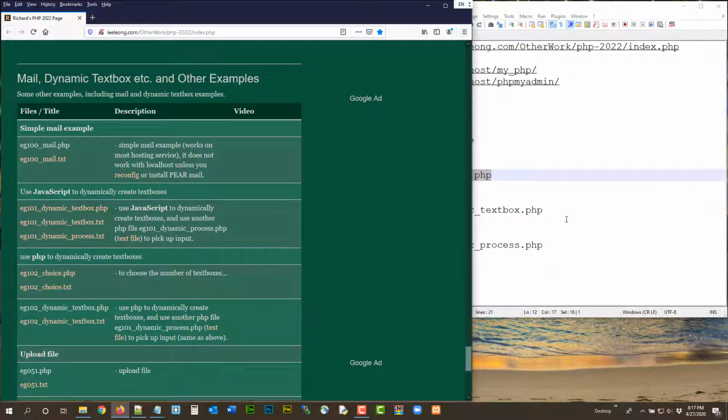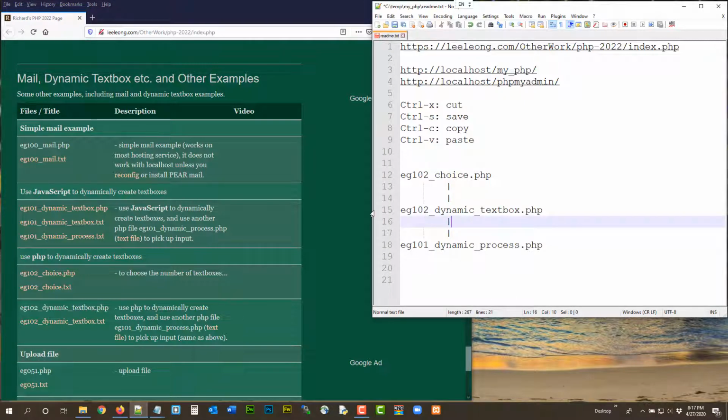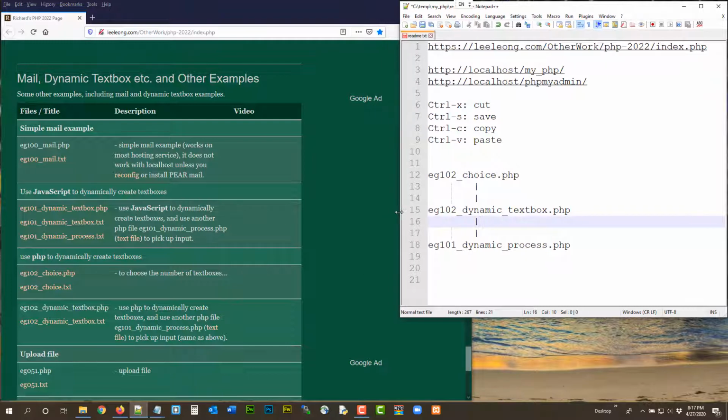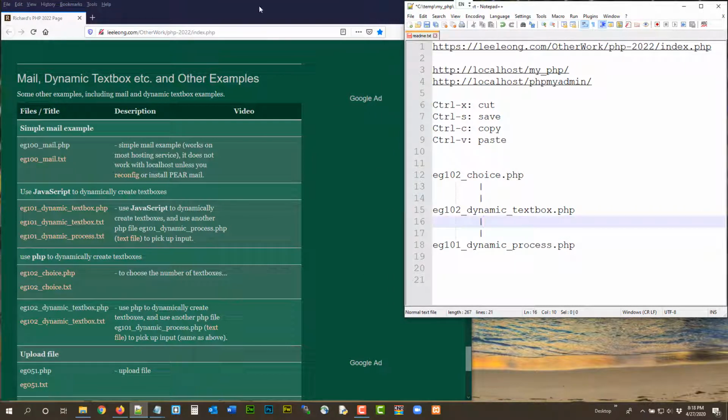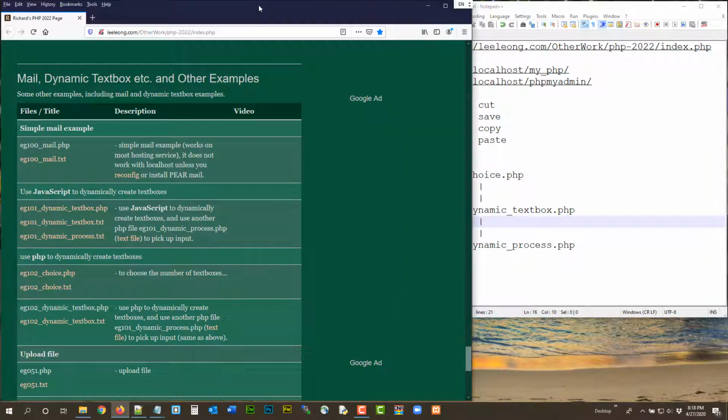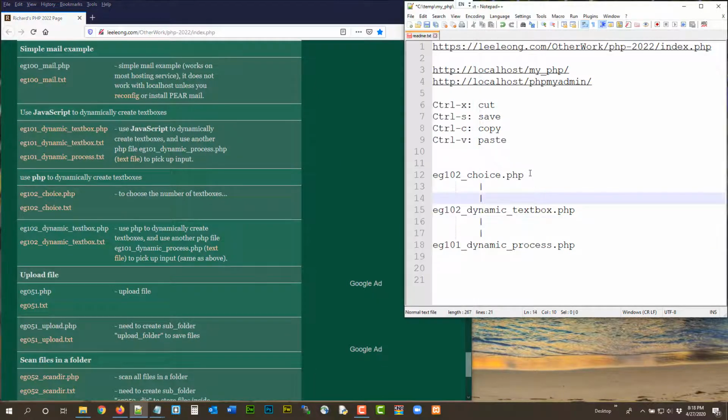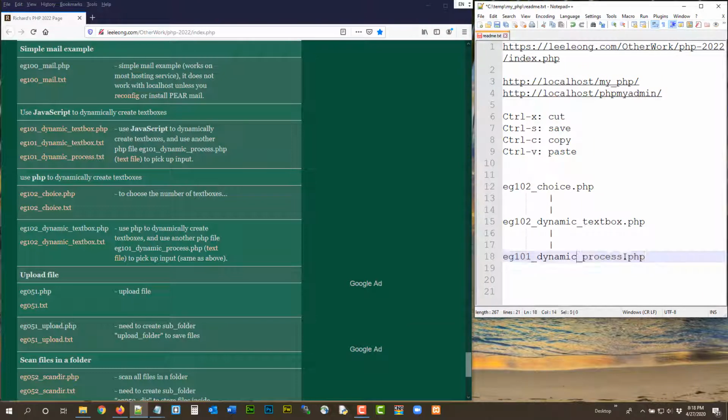Okay. Because a lot of times we are asked to generate text boxes or generate form elements on a page for some reasons. So this is an example to show how to do that. So in this example, first we get a user input in EG102 choice, pass the user input to EG102 dynamic text box, and finally wherever user input here is going to be captured in EG101 dynamic process. Okay. The main reason that the last file is EG101 is because we actually use this file for EG101